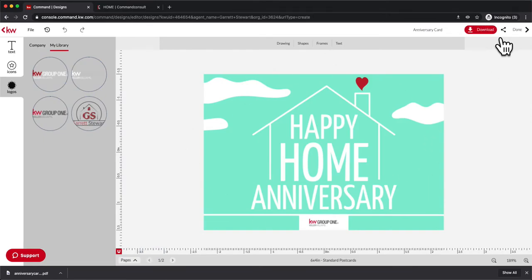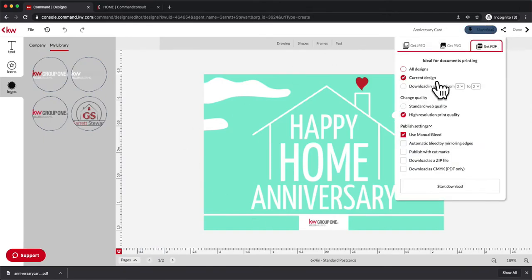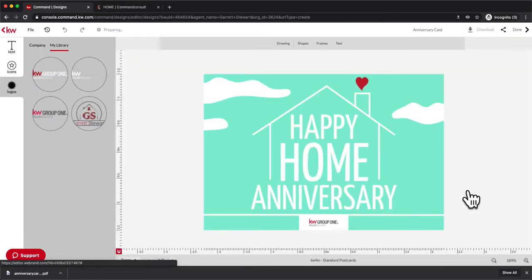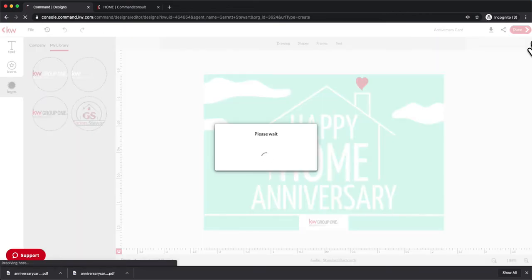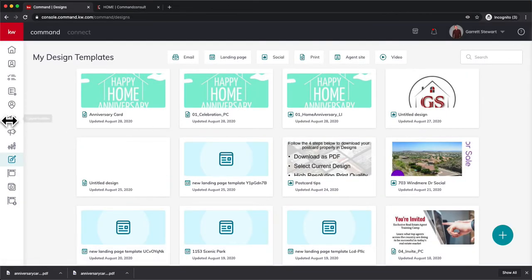So we're going to go ahead and hit download again. All of the settings stay the same, so it makes it easy. We'll hit start download, and now we're going to have the back and front down here in just a second. And once we see that pop up, we'll hit done. Okay, perfect. We're done. It kicks us back into the designs, and